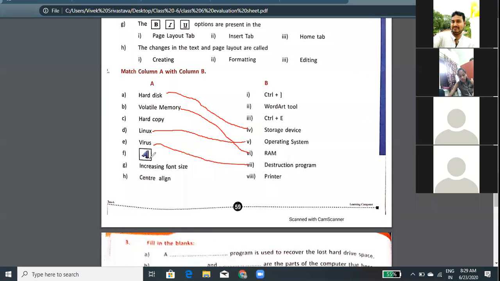Now number F. The answer is WordArt tool, which is number 2. Now number G, increasing font size is Control plus E.